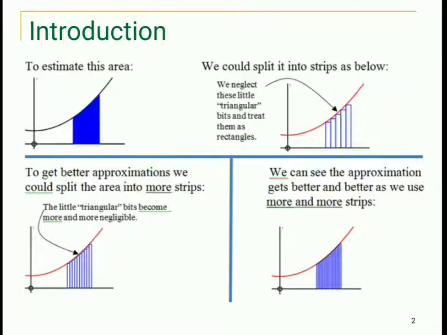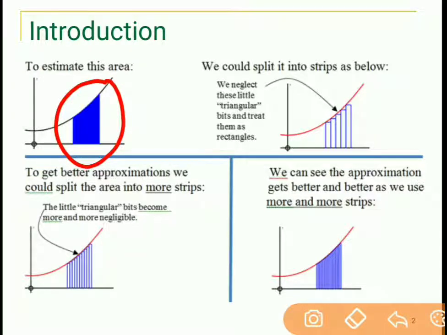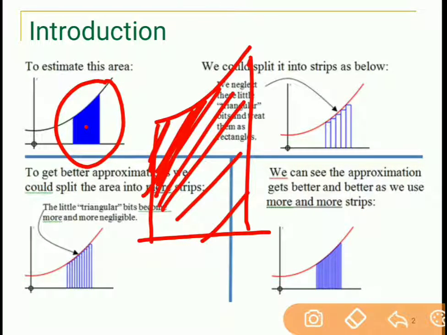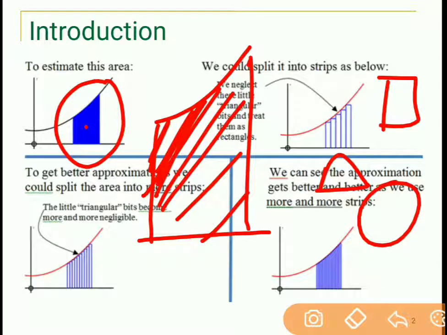Now let us understand this in detail. This bluish area which you can see in this figure, we need to find out the area of this bluish region. Now this bluish region has a curvature at the top, and these are the two vertical lines and one horizontal line at the bottom. Now it is very difficult to find out the area of such a complicated shape. If the areas are simple like a rectangle, square, circle or triangle, then the area of these simple geometrical shapes we can easily find with the help of a formula.